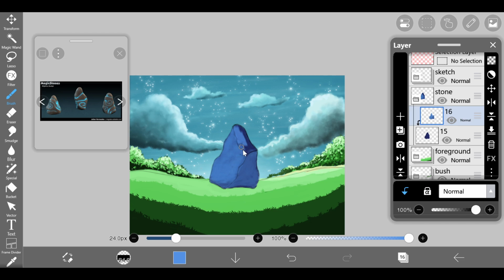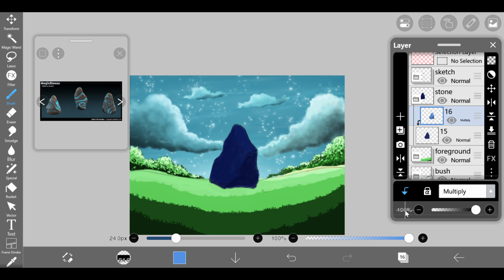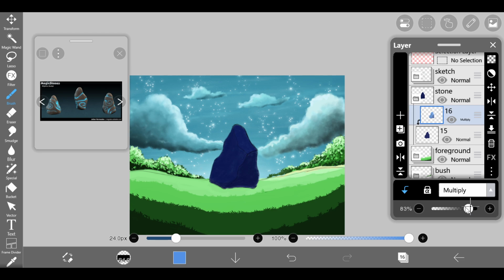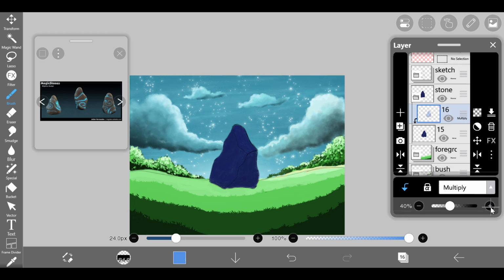Paint this again. Let's change it to multiply, and let's lower the opacity to 50, 40, or so. It's going to be a little dark. Okay,